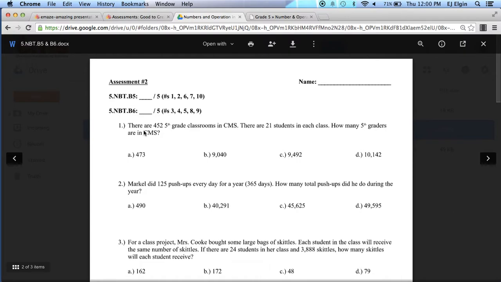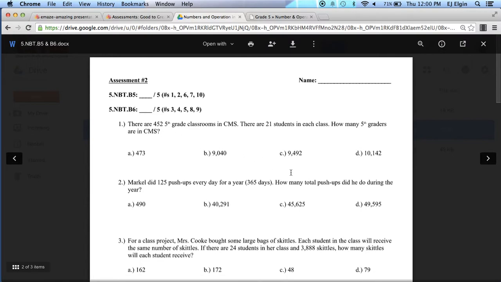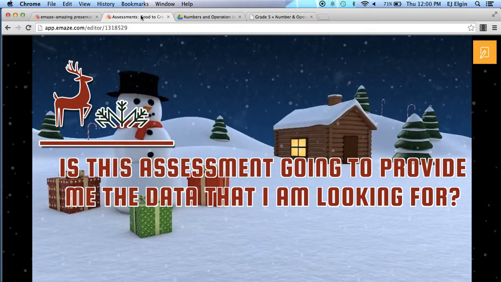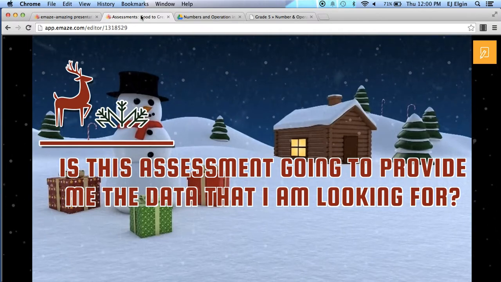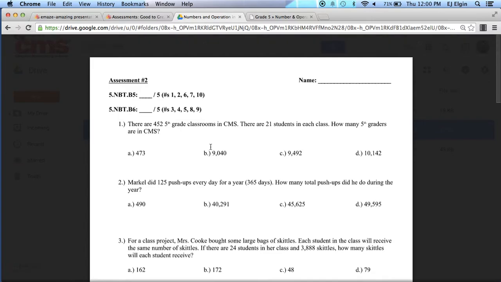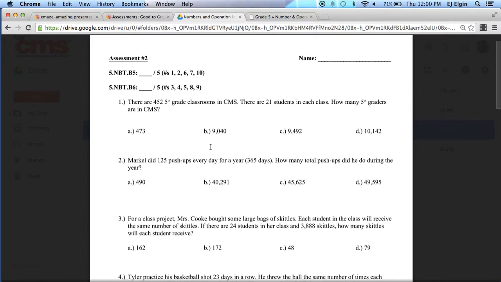Okay, so now that we've pulled an assessment, Sonia and I are going to role play a conversation on what a good assessment conversation should look like. So going back to this question, is this assessment going to provide me the data that I'm looking for? At this point, I'm going to start the role play. Sonia, thanks for meeting with me. I've spent